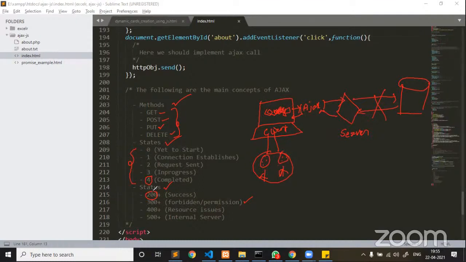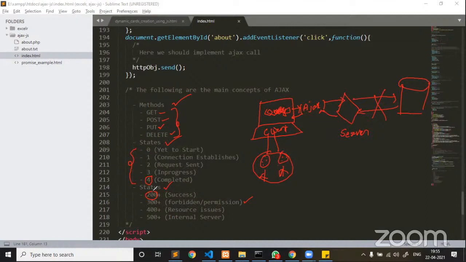Now, when can we say the request is successfully completed? The moment the request is placed from client to server, the server processes the request and responds with data, and the data is collected from the server in the client and updated into the UI, that is where I can say it is completely done.